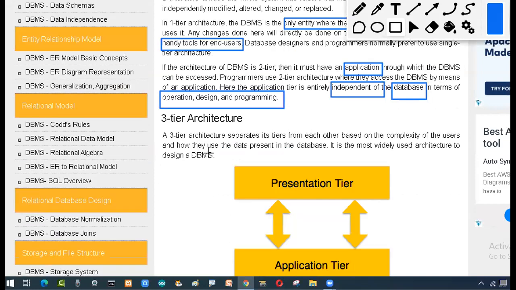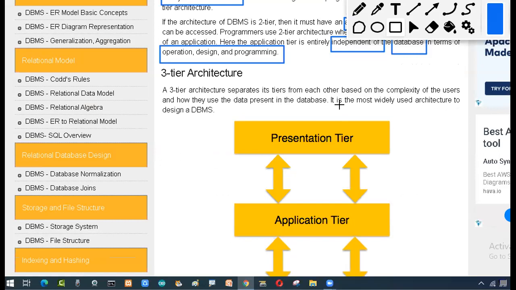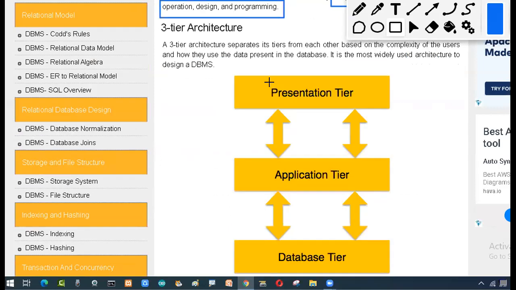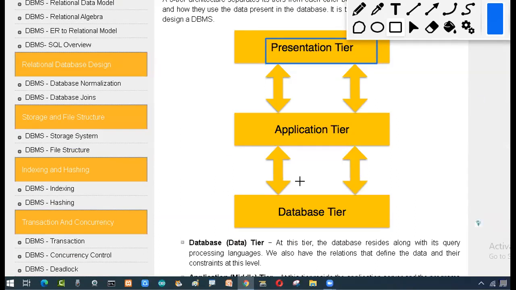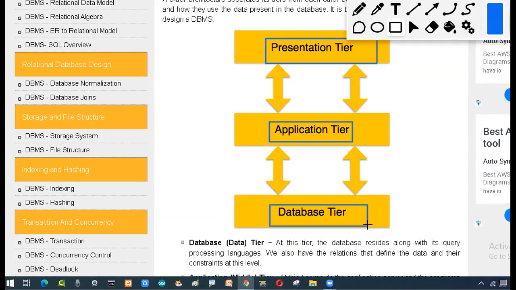So in the third tier, what is happening? I am trying to separate all the things. Why? Because I want to make it a little hide and seek from the user. The data present in the database is widely used in this architecture. So how will it be? One will have the presentation layer. We can call it the presentation layer, application layer, and database tier. You can use any one of the diagrams, it is left to you. But if you want more information, and they ask you to explain only the three tiers, one diagram is not enough for a big answer. So you have to show it in a different manner. This is what we can do.